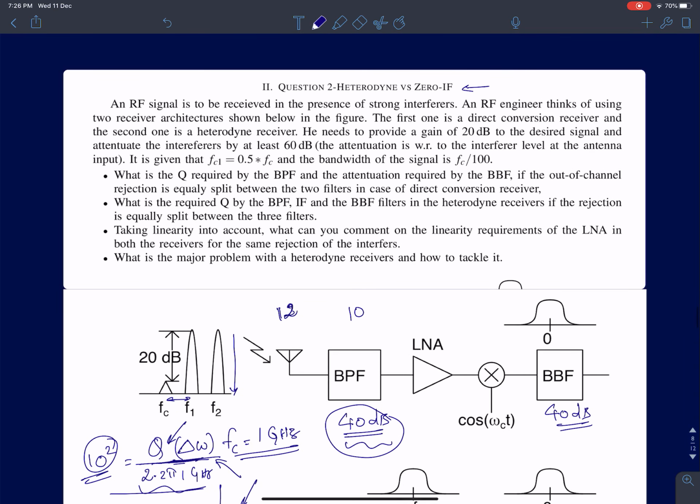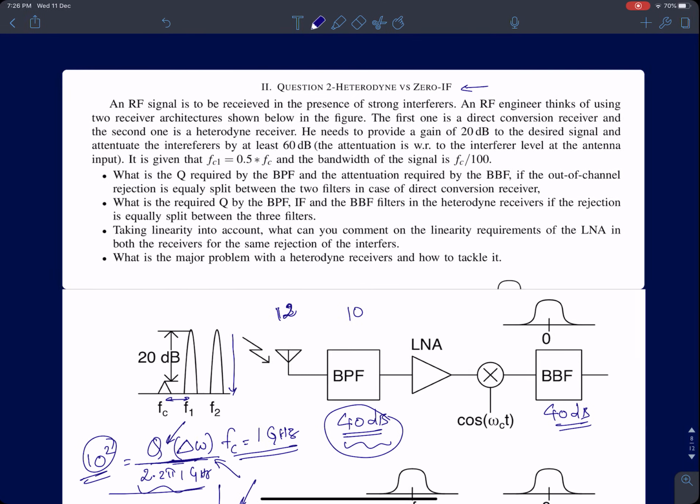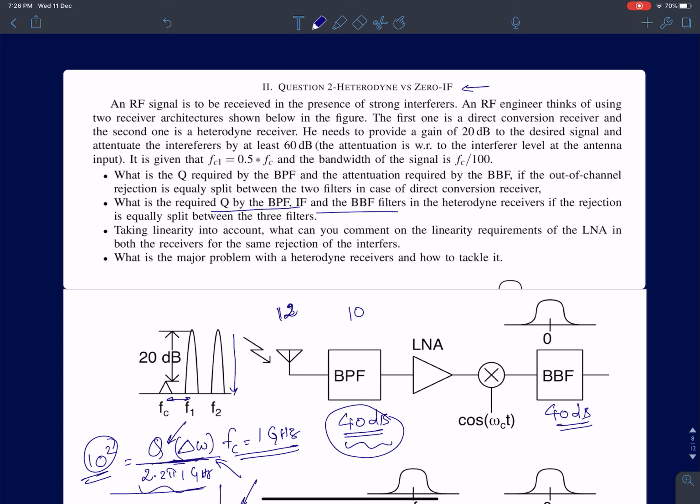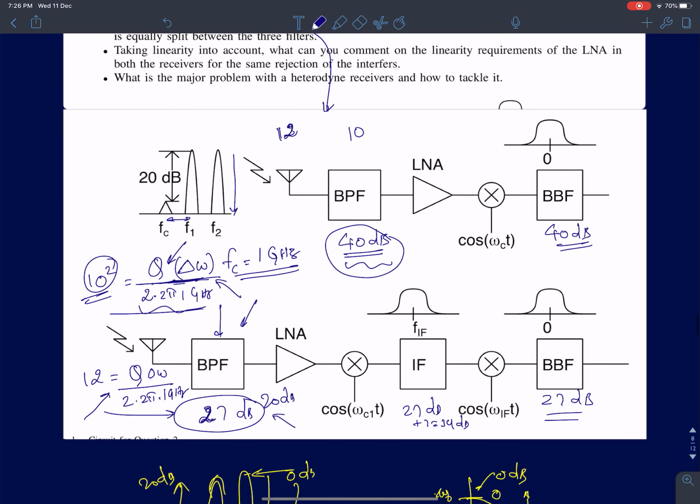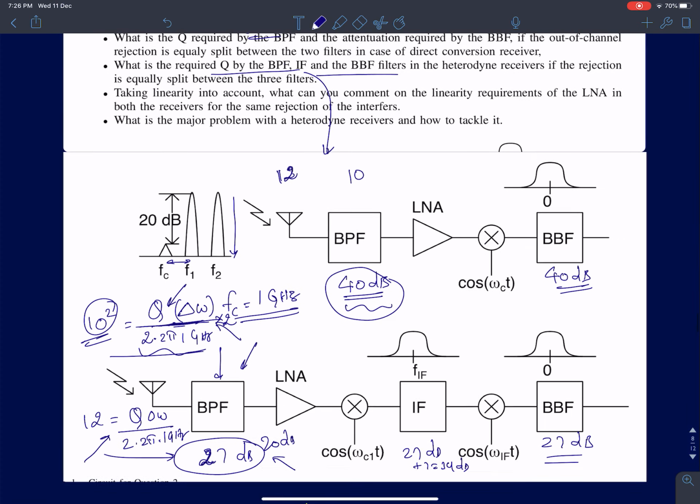Okay. So now I've discussed this question here. What is the Q required by the bandpass filter, IF and the BBF filters? When IF filter, your omega naught reduces by half, I think, in this case. So Q requirement will also further reduce because you will get more rejection. Because your omega naught reduces by half, you will get a factor of 2 improvement for every reduction of this